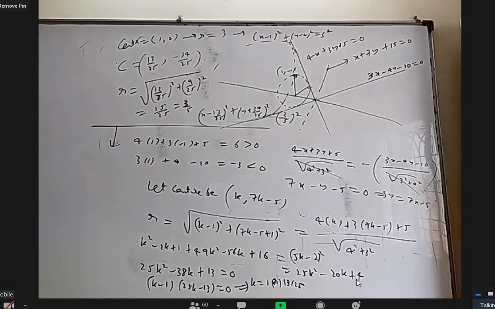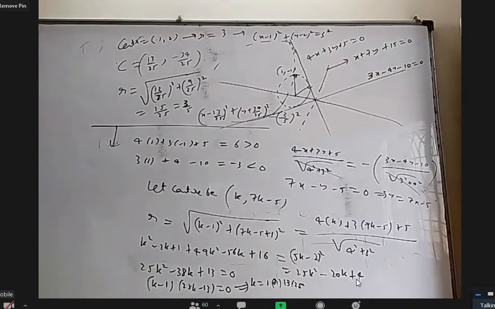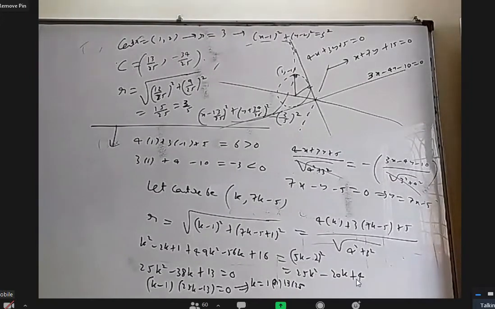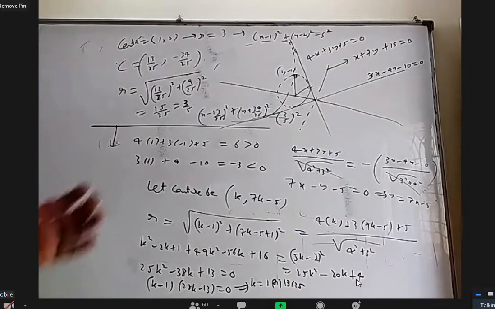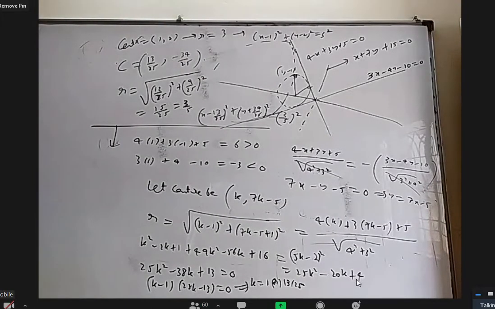Sometimes in some objective exams, I don't know in mains, but MSET and all, they may give this question. In objective exam, they'll give this question. Okay, this is a long 7 marks question. But interestingly, if you put 1 comma minus 1 in all the options, only one option is satisfying, others will not satisfy. So you don't have to do all this work. I don't know why they expect you to do it in 1 minute and they give such a long question. If you're substituting 1 comma minus 1 and finding the answer, then there's no value to the whole question. The rest of the data is useless, right? They might as well ask which of the following circles passes through 1 comma minus 1 and give 4 answers.